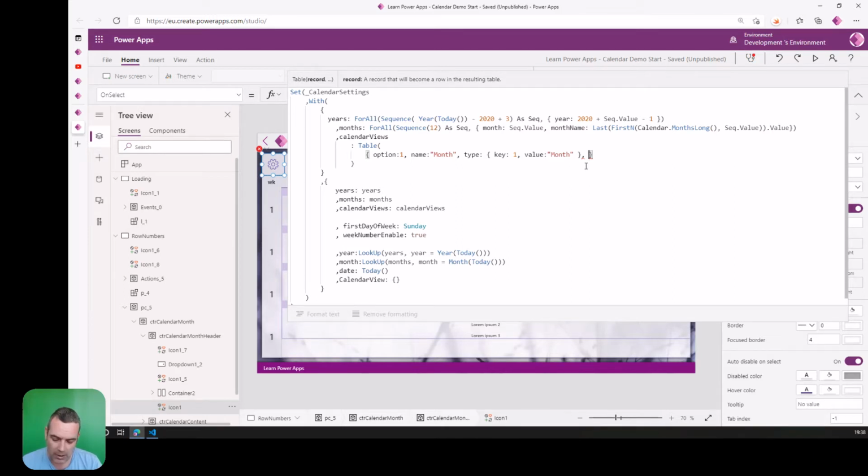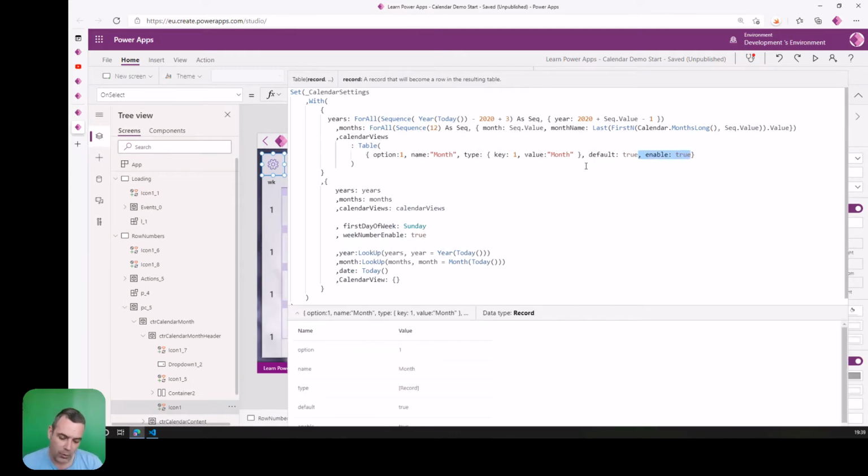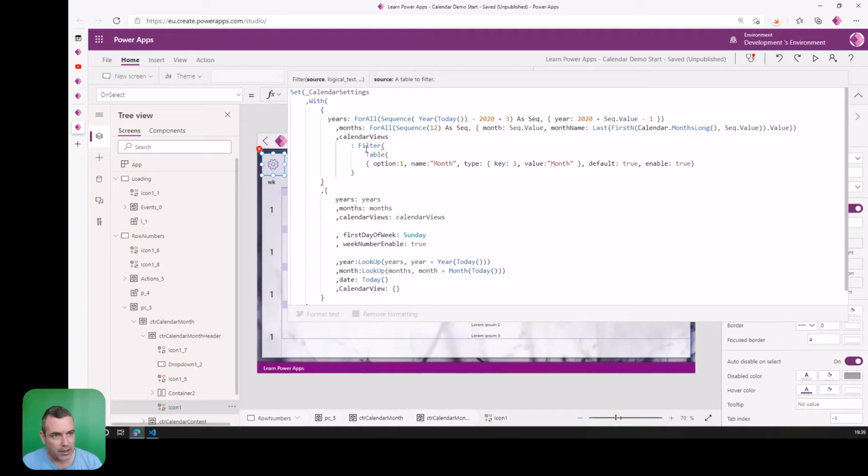So probably we should have a default, and let's say the month is default, so let's put it to true, and basically we want to enable something. Maybe later on we'd like to copy all these formulas and copy this whole calendar container with everything in there, and we just want to say, okay, we don't want to provide an option for the weeks, or we don't want to provide the option for the months, and then we can just disable this. So now to make this reflect something, we have to add a filter, and then we can say